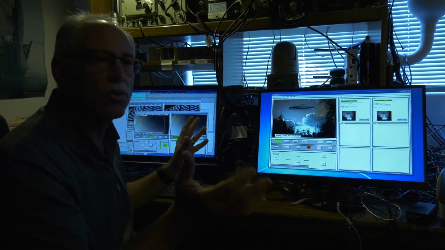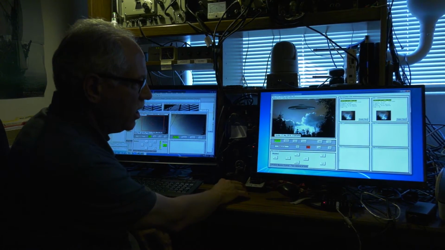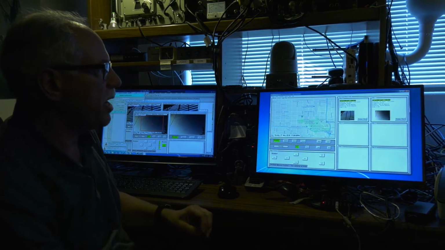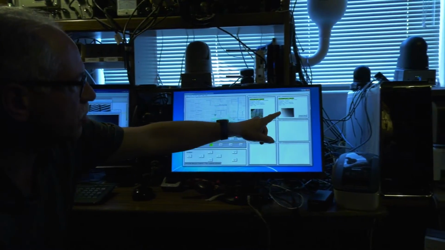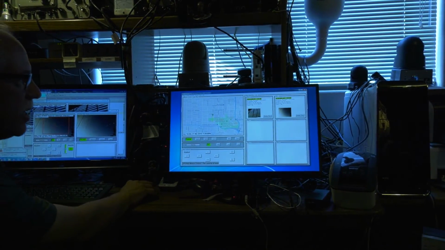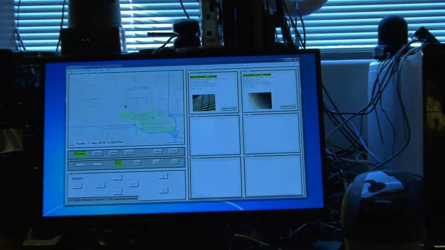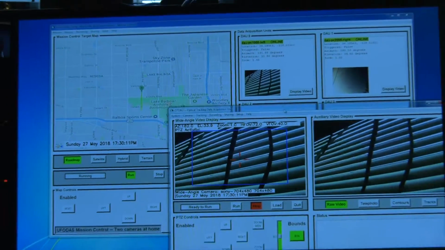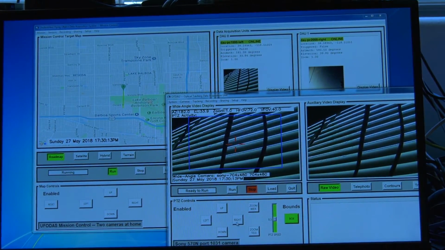It uses the Google Map API actually to do that, and here when we run the application, there's the Google Map, and there's the actual real-time video from both of those cameras. And if we move one of them, let's say for instance, we physically move this one.